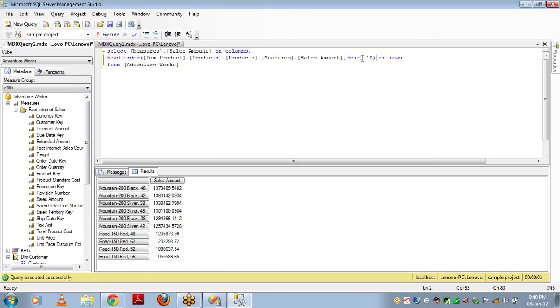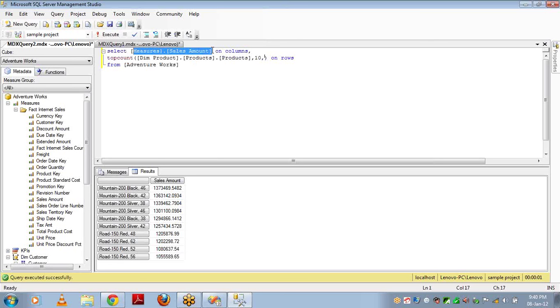This is one way. The other way that you can achieve the same requirement is, there is a function called TopCount. TopCount of how many you want, that is 10, of what measure you want.